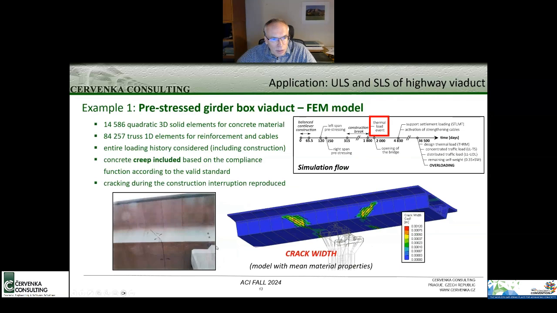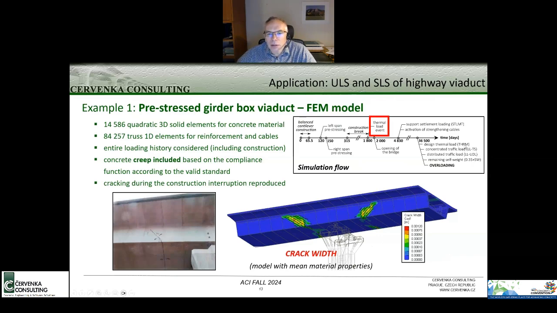Actually, to give you an idea of the purpose of this analysis, it's because of these cracks which were observed, these kinds of shear diagonal cracks. You see the photo of the bottom of the bridge, where they were observed soon after the construction. So to explain the behavior of the bridge and the reason for these cracks,